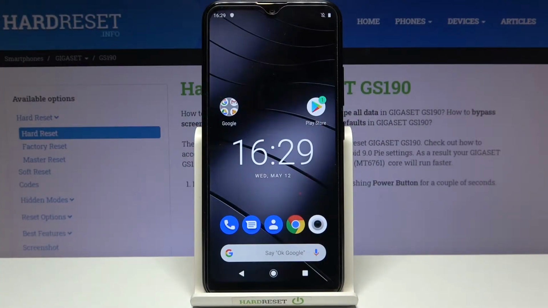Hi and welcome, I am here today with GIGASET GS190 and I'll be showing you how to change your lock